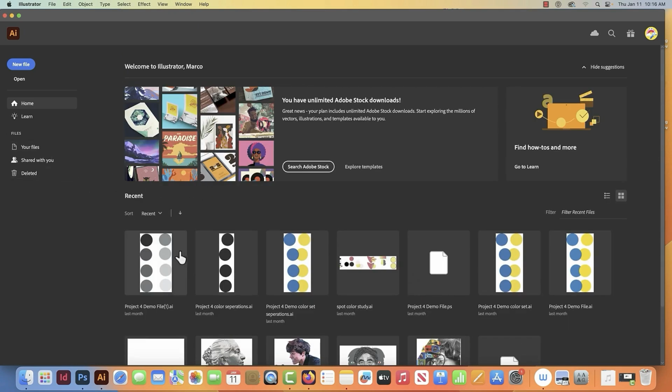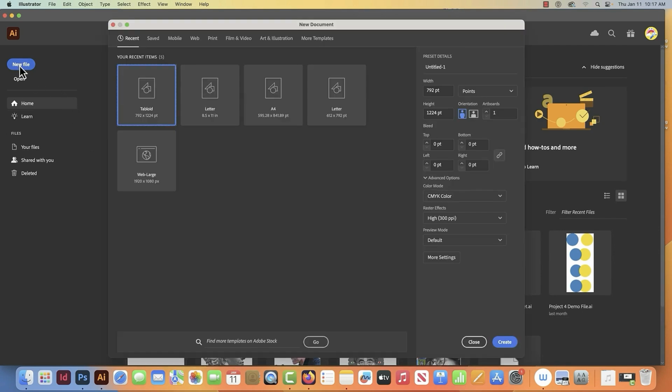We're going to ignore any existing files. We're going to go straight to making a new file. I'm going to go ahead and hit new. And we get this pop-up window. And in the pop-up window, you'll notice that in the top bar, you have different mediums that you can work with, or media type. With that being said,